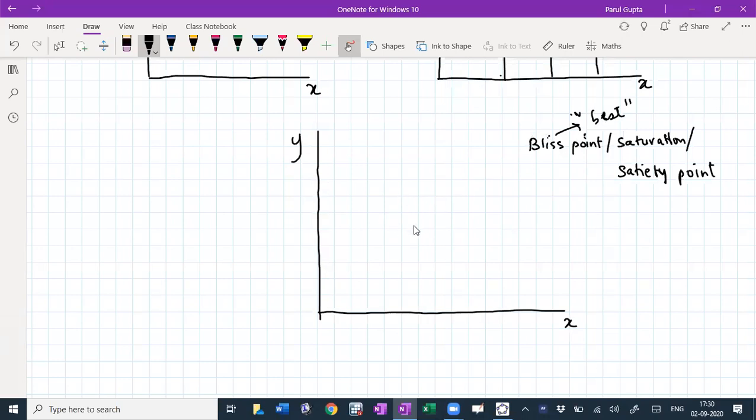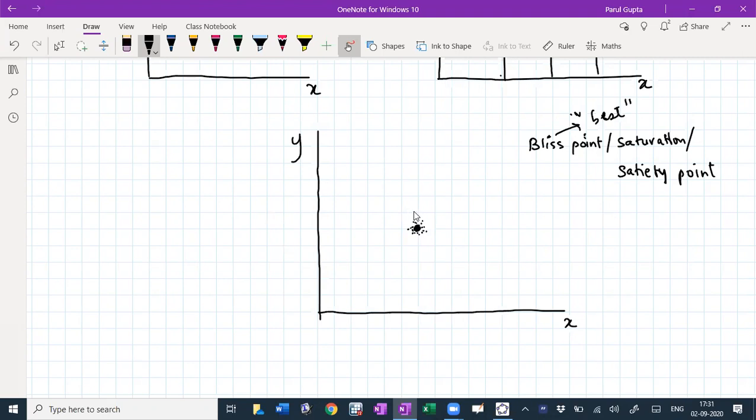So in this case, let's say this is the best bundle that you have. Now this is the absolute best. That means even if you move slightly in any direction, that's definitely going to give you lower happiness, no matter whether you increase or decrease any of the commodities. So what we are saying is that there is some exact combination of X and Y that gives me the maximum happiness. If you either increase or decrease X or Y from that bundle, then it's necessarily going to reduce my happiness.